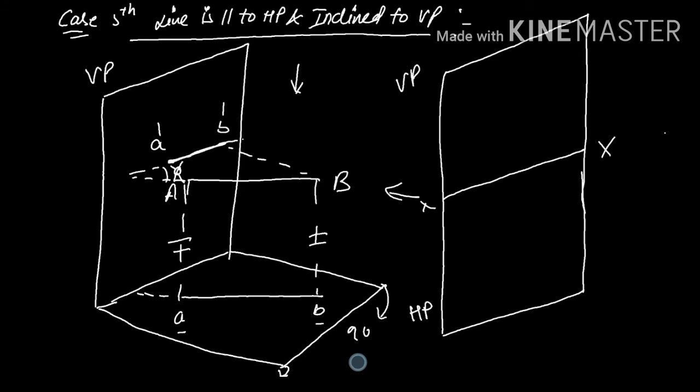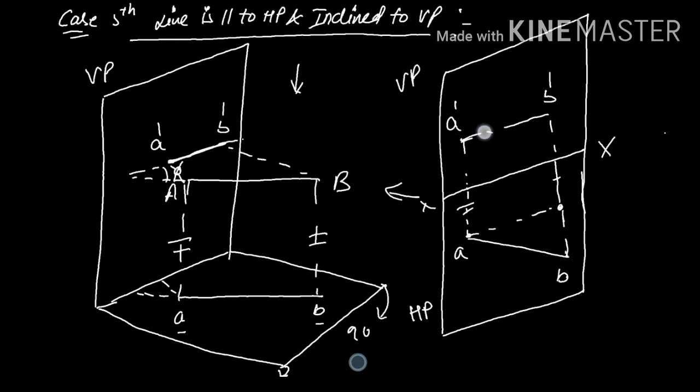ओके, ठीक है. तो हम क्या करेंगे, जो भी ये डिस्टेंस दिया होगा लाइन का, VP से जितना भी डिस्टेंस दिया होगा उतना मैं डिस्टेंस नीचे आ जाऊंगा. ओके, तो यहाँ पे मेरा A पॉइंट हो जाएगा, और जितना एंगल VP के साथ दिया होगा वो मैं HP में यूज़ करके ये बनाऊंगा. ओके, उसके बाद ये मेरी प्रोजेक्शन आ जाएगी. ये मेरा B हो गया है. सिमिलरली जब मैं VP में बात करूँगा तो मेरी A डैश B डैश इन्हीं एक्सटेंडेड लाइन के ऊपर होगी एट द गिवन डिस्टेंस. सो दिस इज़ माई प्रोजेक्शन. ओके, इसको आप रोटेट करके अपनी ड्राइंग शीट पे बनाएंगे.